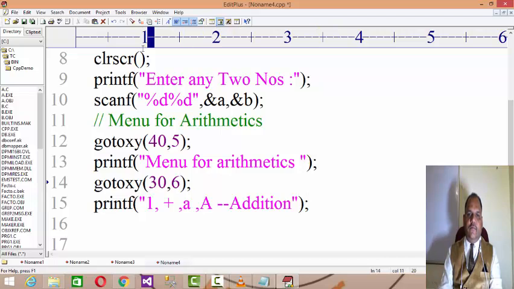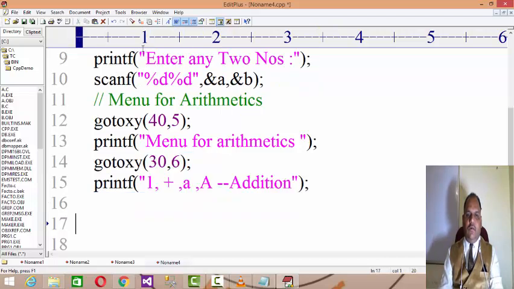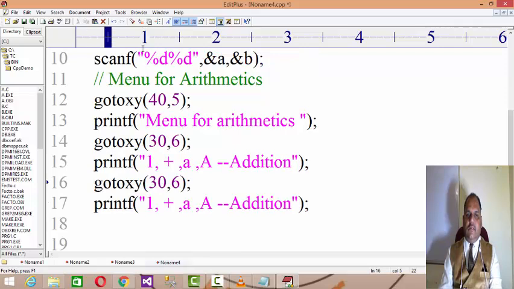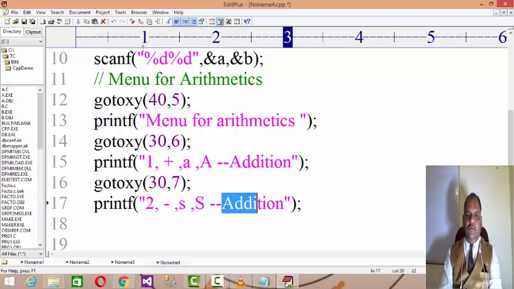And then we have another line, that is 30 comma 7. If you have 2, minus, smallest or s, that is for subtraction.